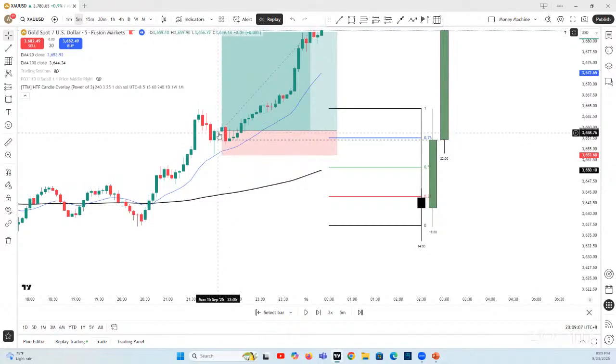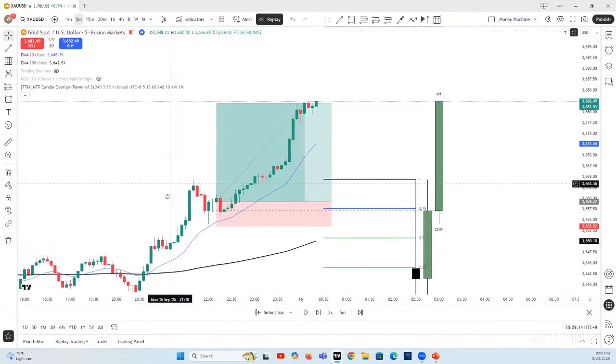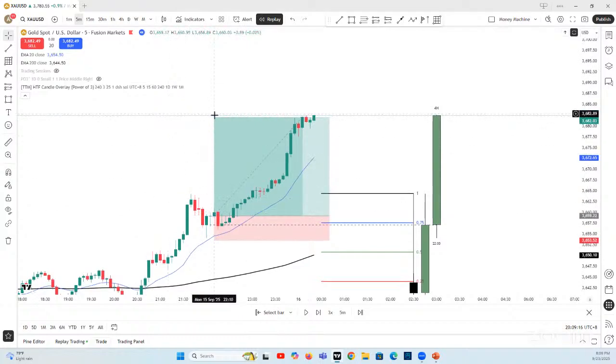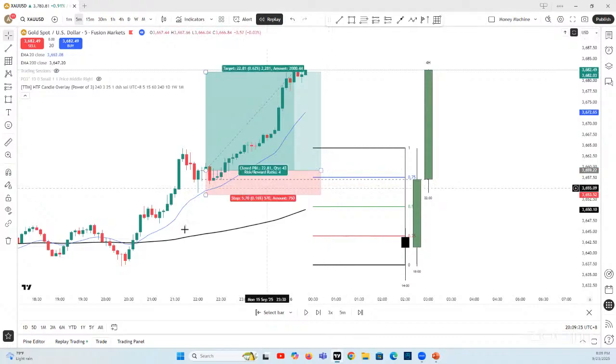Now with this pin bar there, enter there. Long position and target 1:2, 1:4 as the minimum because we are playing with the 4-hour. And that's it, my friend. Always go for that optimal.